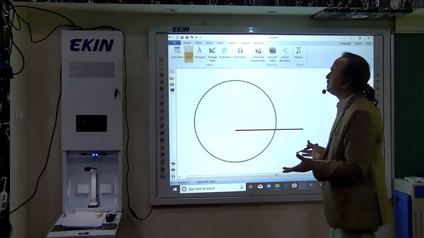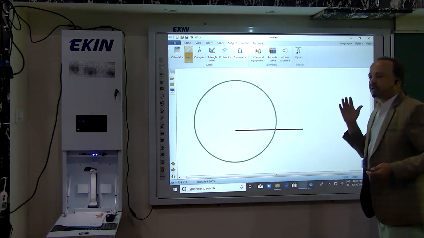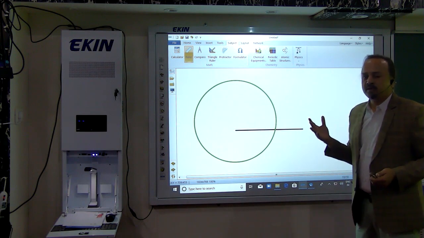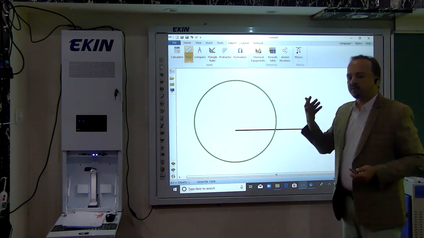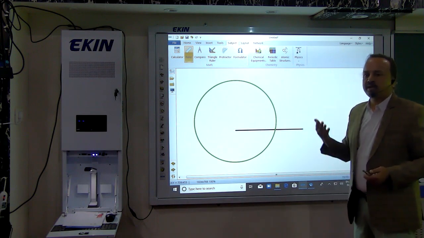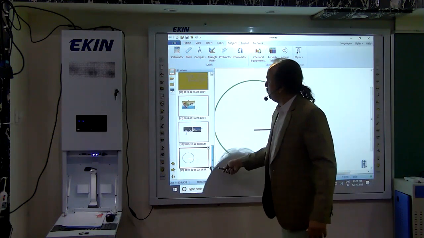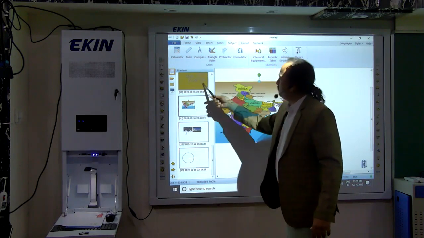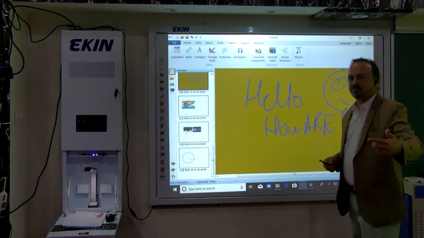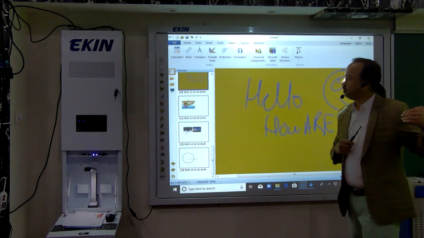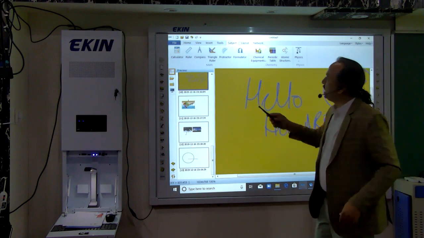So this is the simplest form where a teacher can do anything they want. They have been doing that. What we are trying to do is reduce their load. They don't need to write everything. And the best part here is whatever we have been doing, everything is getting saved. So it is not that you go to the next page and the last page is lost; it is saved automatically, and you can navigate to that page.